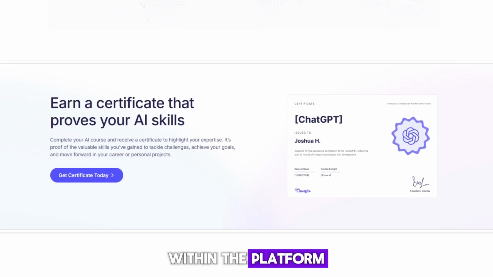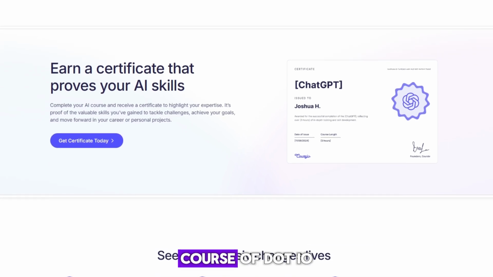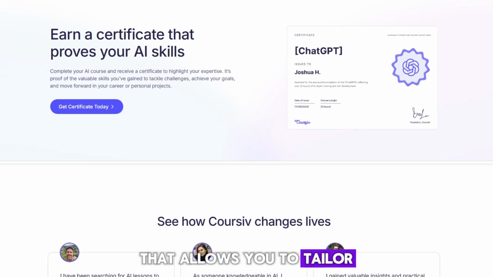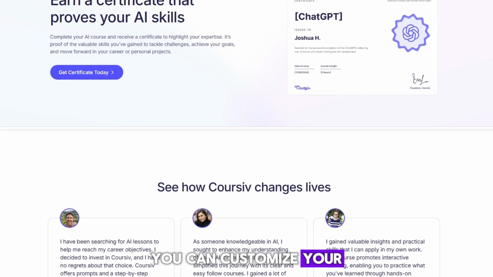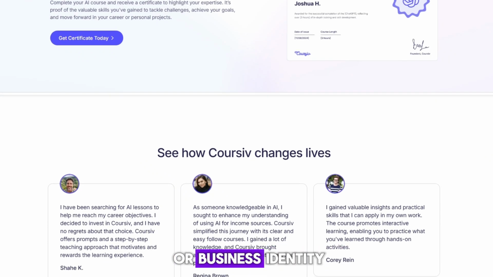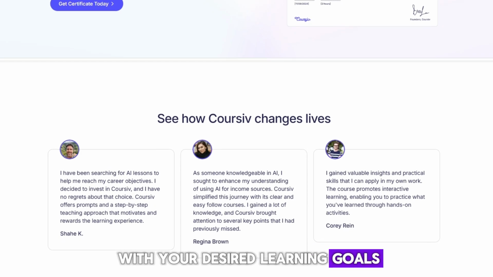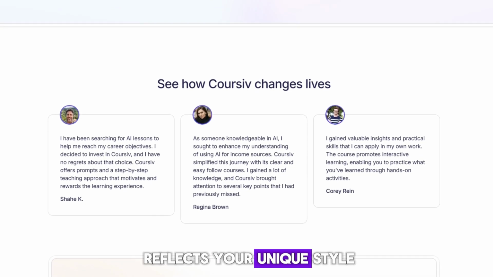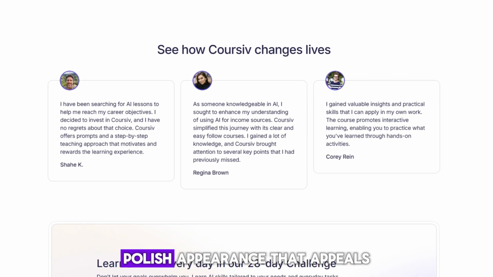community within the platform. Once you've created and organized your course content, Coursive.io offers various customization options that allow you to tailor the look and feel of your course. You can customize your course landing page, adjust the colors and branding to match your personal or business identity, and set up your course to align with your desired learning goals. This customization ensures that your course reflects your unique style and message, while also providing a professional, polished appearance that